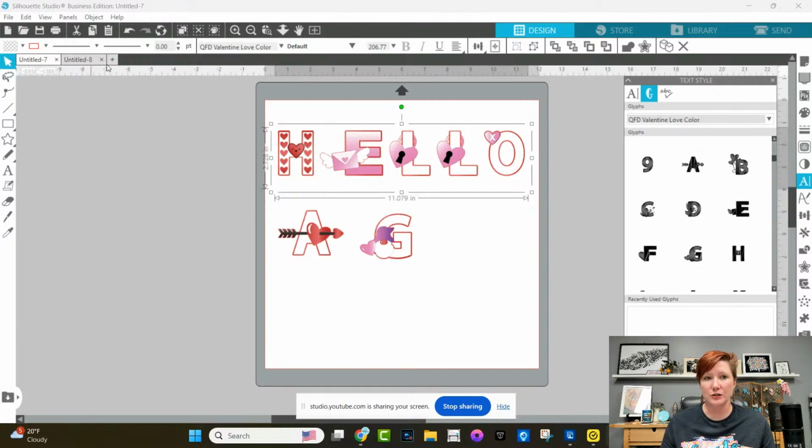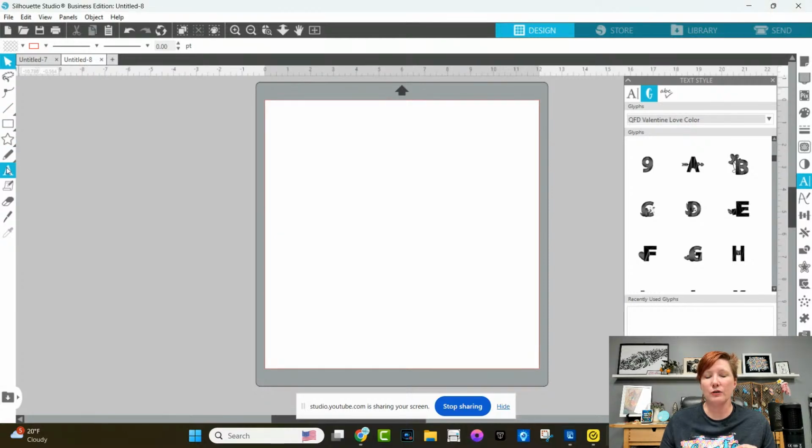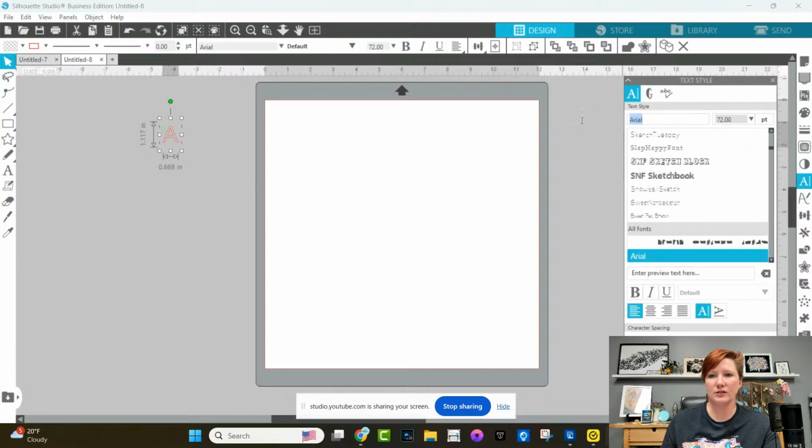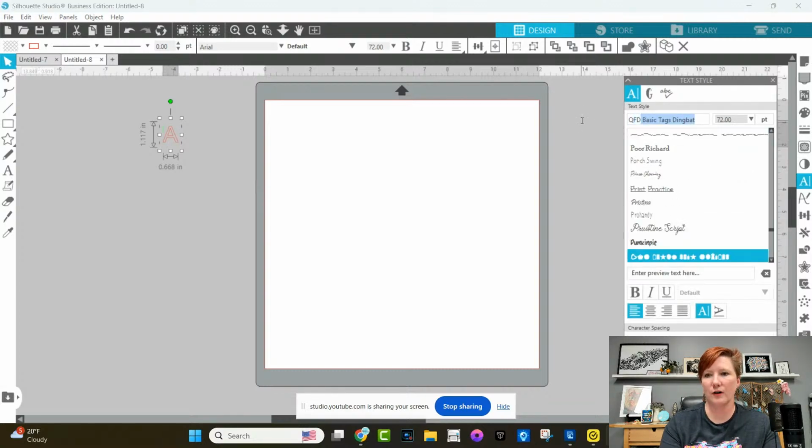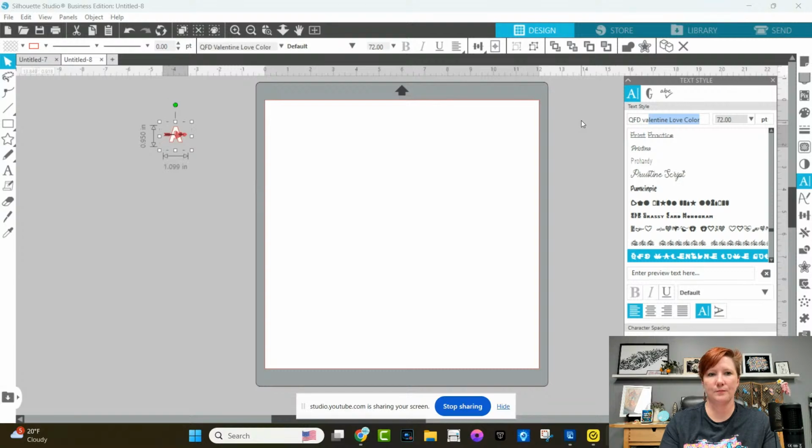So a trick to do that, and you can even save this with your file if you wanted to, is you can just type out the alphabet. So here, because I have the font, I started new. Let me just change the font. So I have Valentine. I'm going to double click on it so I can type again. And then I'm just going to type out